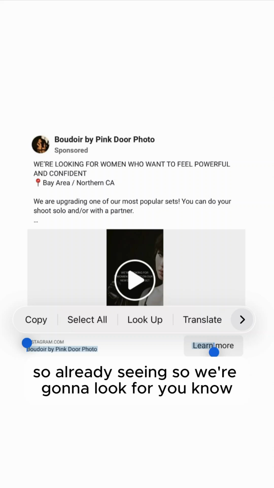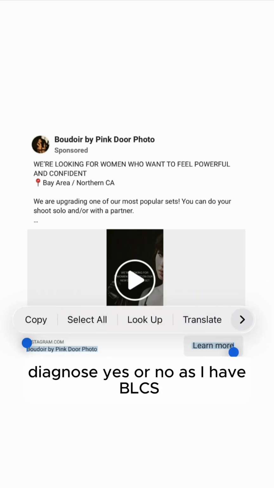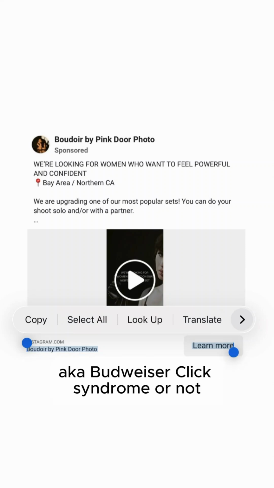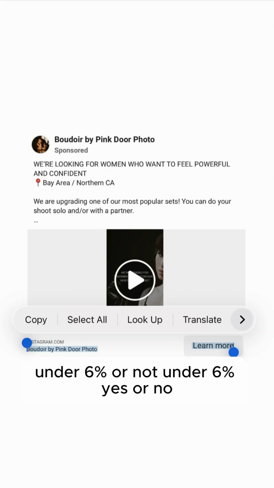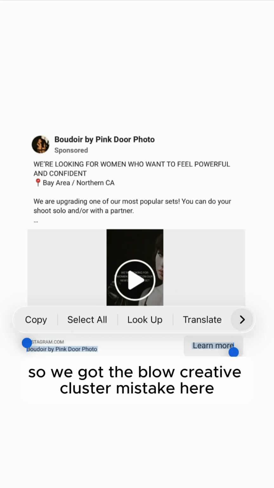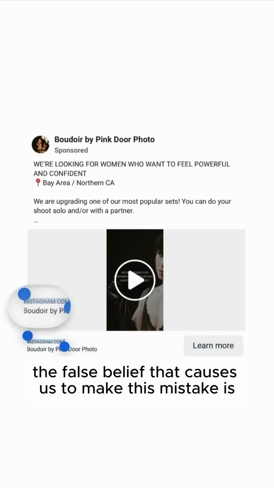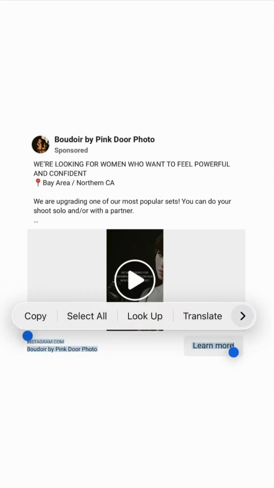So we're going to diagnose, yes or no, does it have BLCS, aka Boudoir low click syndrome or not? So do I believe its unique CTR is under 6% or not? Under 6%, yes or no? So we got the below creative cluster mistake here. The false belief that caused us to make this mistake is we believe that